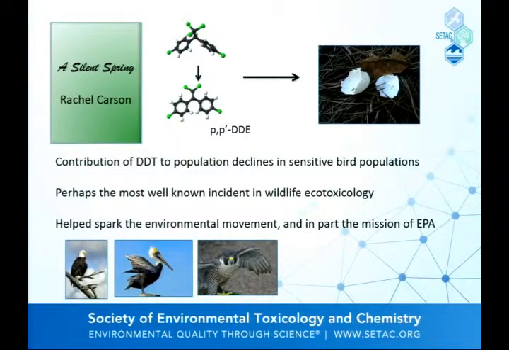Back in 1962, Rachel Carson published Silent Spring, which basically made the association between exposure to DDT and its metabolites like para-DDE and declines in sensitive bird populations as a result of eggshell thinning. This remains today as perhaps the most well-known incident of wildlife ecotoxicology and really helped spark the environmental movement, as well as, in many respects, the mission of the EPA, at least as it relates to chemical contaminants in